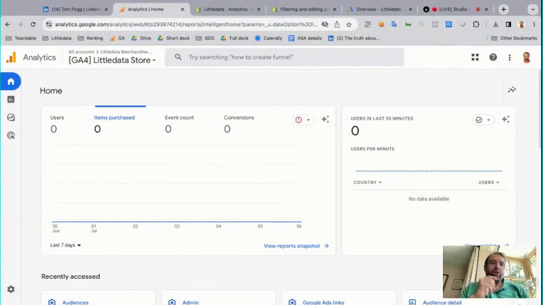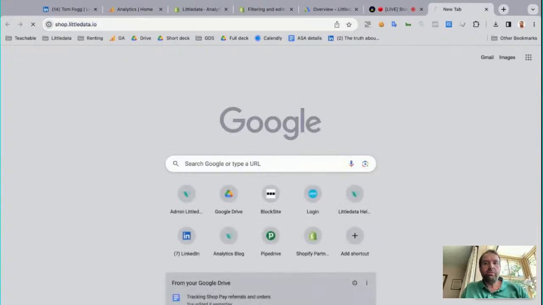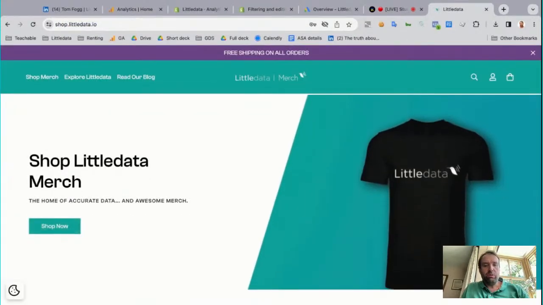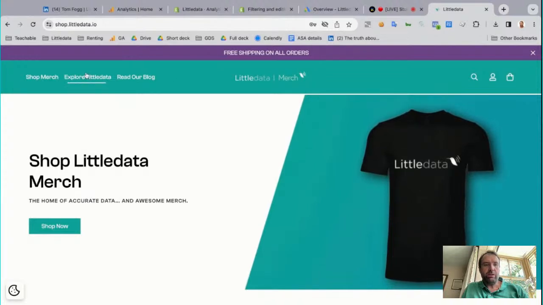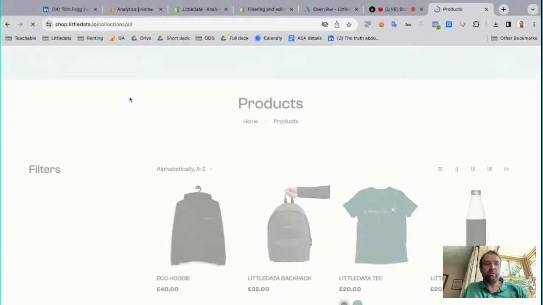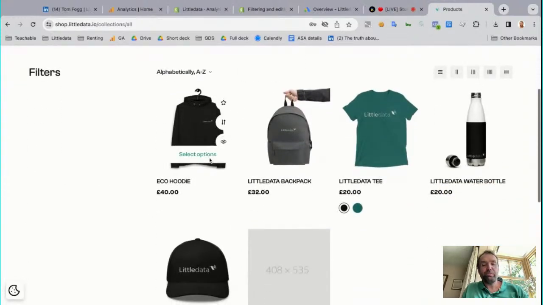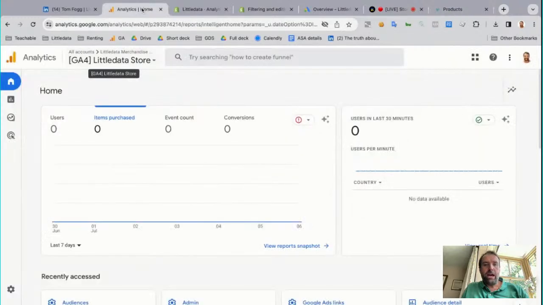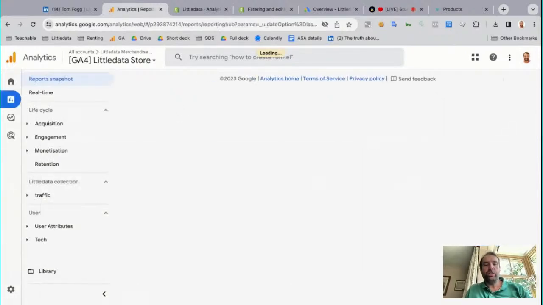So I'm going to demo this on our merchandise store, which is shop.littledata.io. This is just a test account we've got running, and we do actually sell our own t-shirts and caps and so on. So genuine browsing experience. We don't get a lot of sales, but it's useful to demonstrate the analytics. And I'm going to, in this session, look a little bit at audience building and how we share those audiences